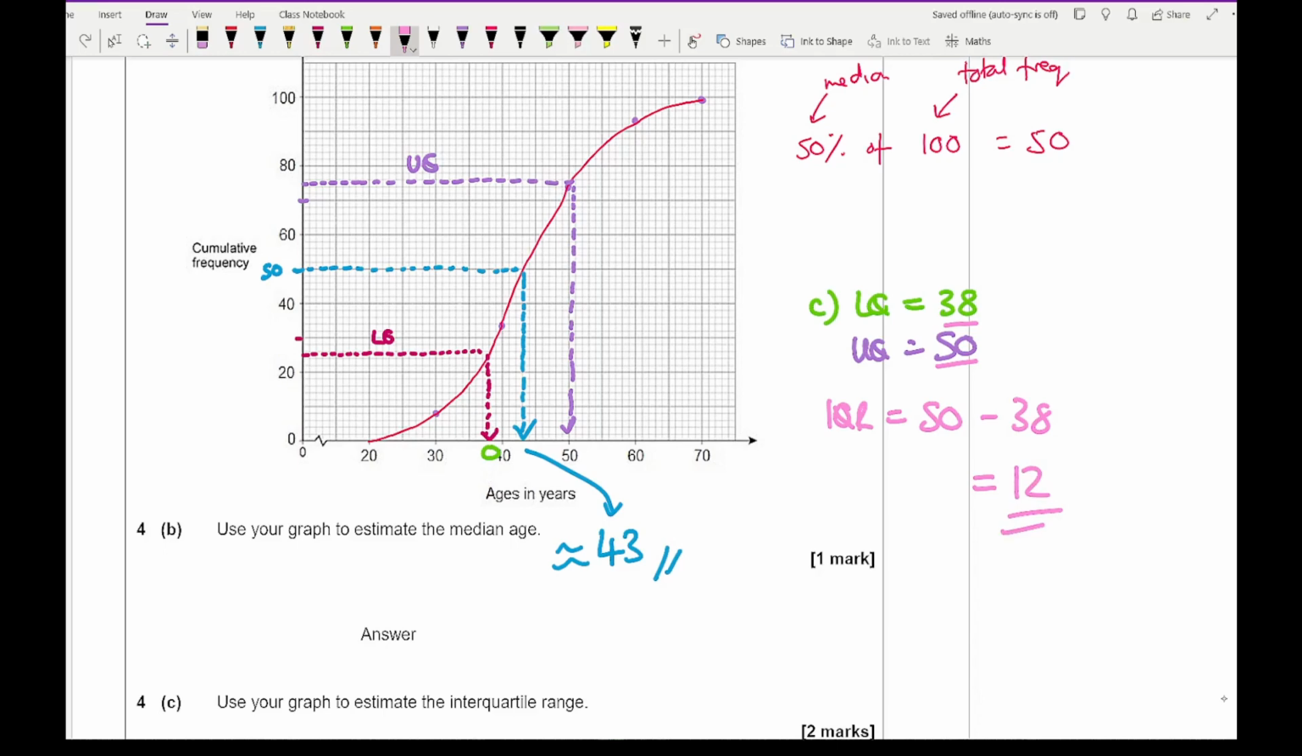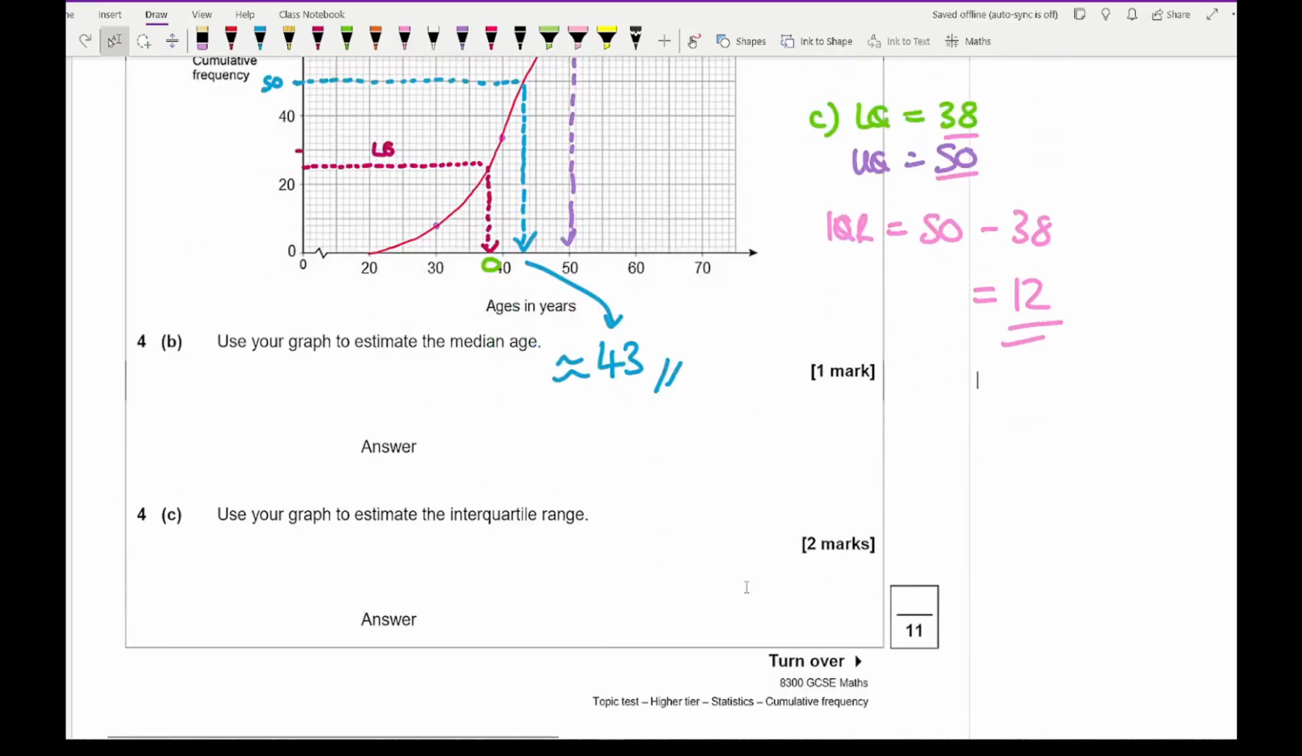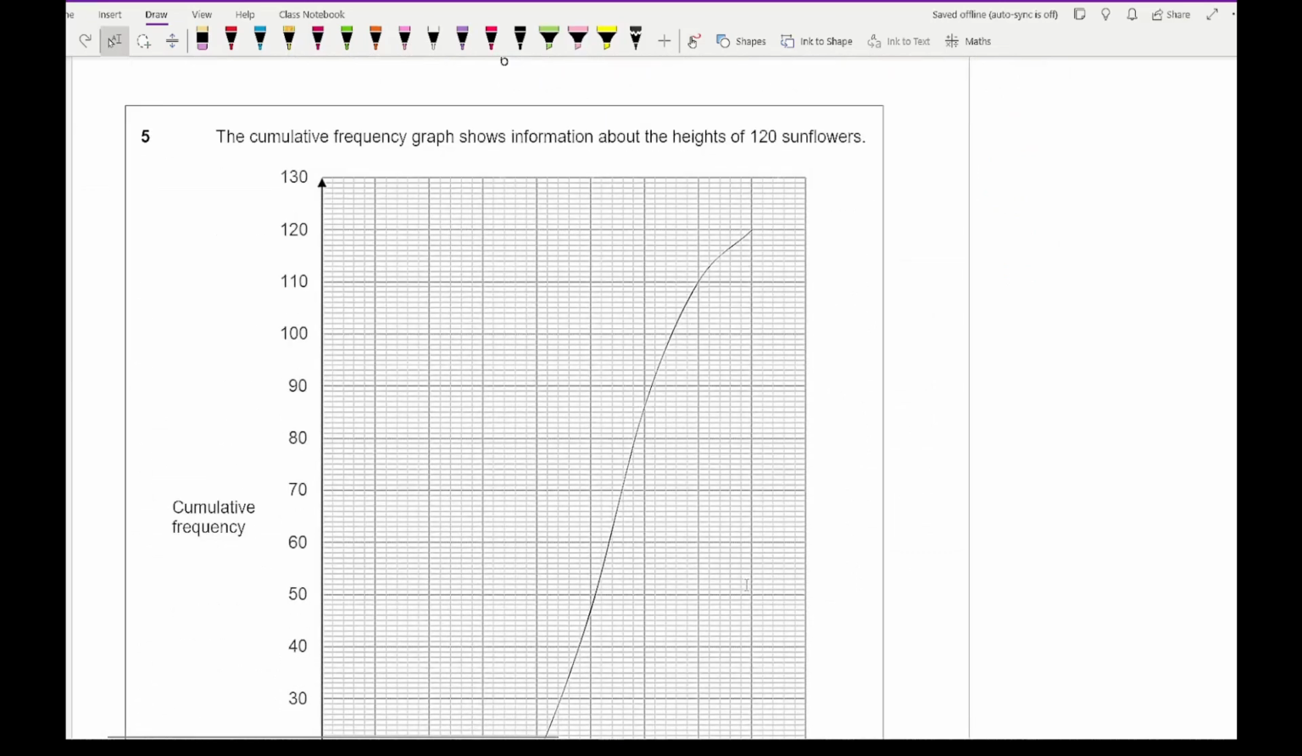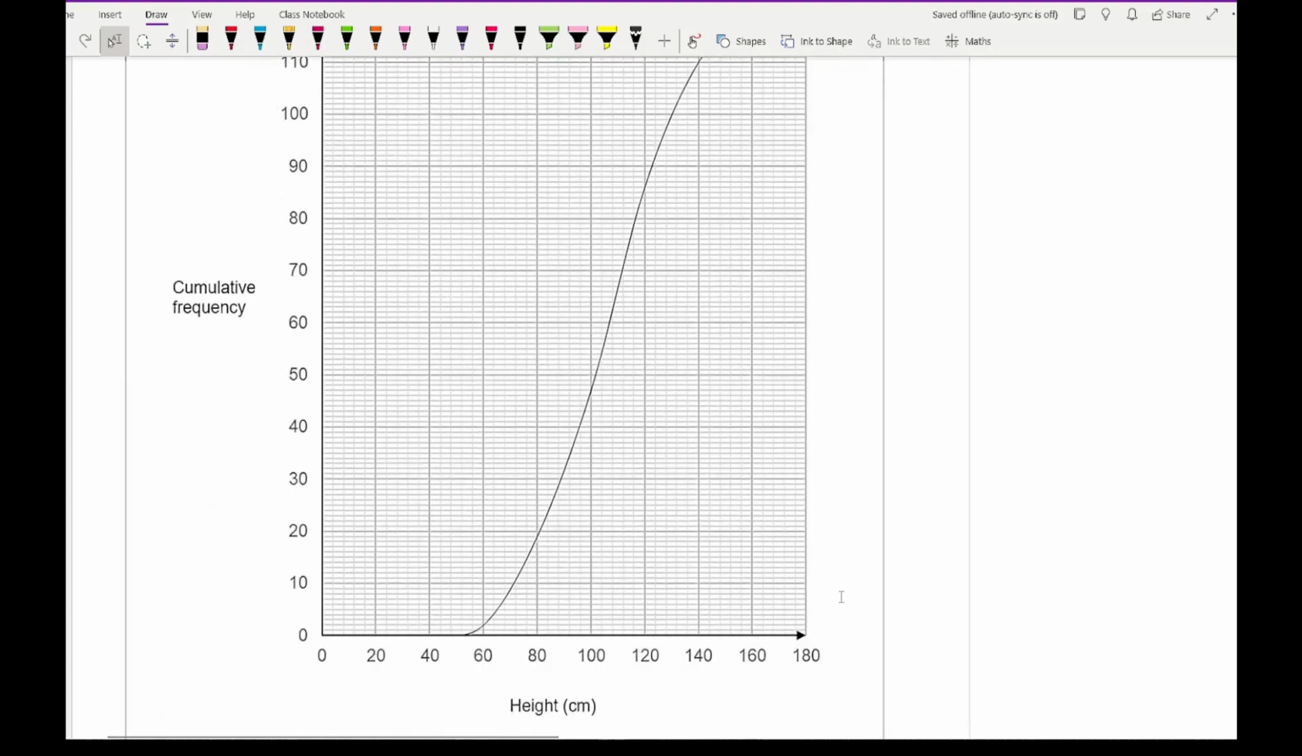Just use whatever's on your graph, and that should give you the marks for it, because you'll definitely get follow-through marks if you've made any slight errors. Moving on to question 5, it says the cumulative frequency graph shows information about the height of 120 sunflowers, and